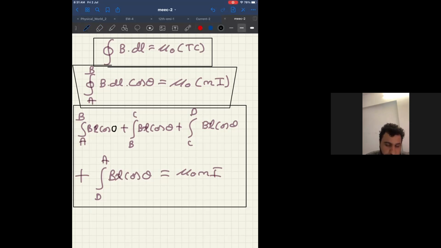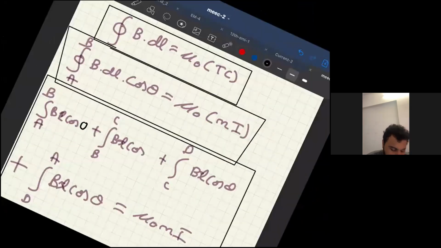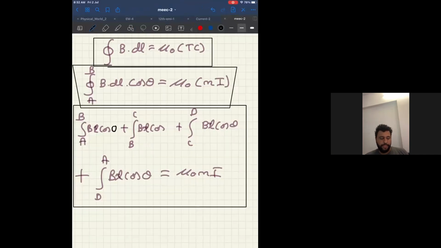axis. Now similarly BC. Tell me the line BC, what angle it makes with the axis. 90 degree. So can I say I can remove this theta and I can write 90 over here. Also, if I remove this theta, tell me what angle does DC make with the axis? 0. Perfect. And what angle does AD make with the axis? 90.